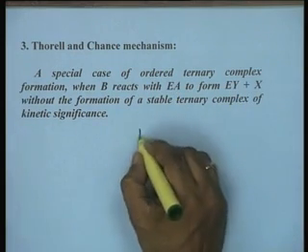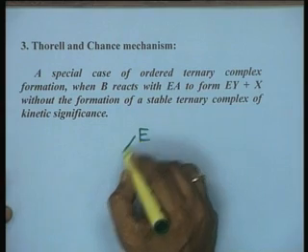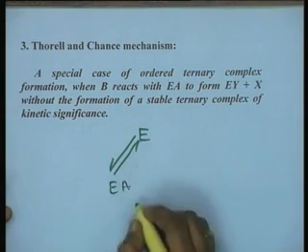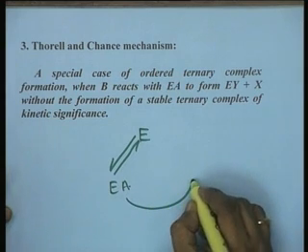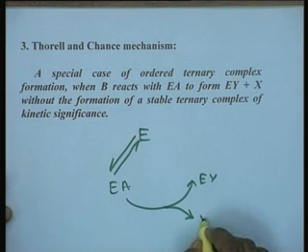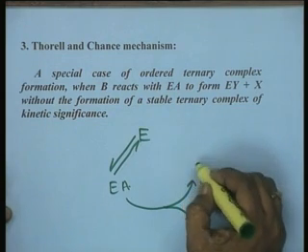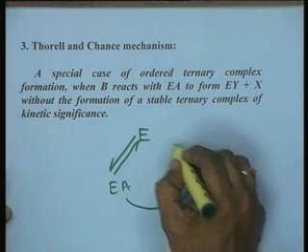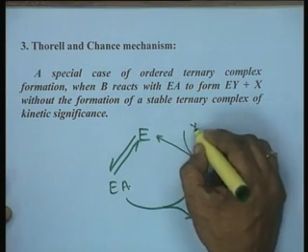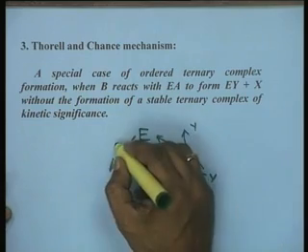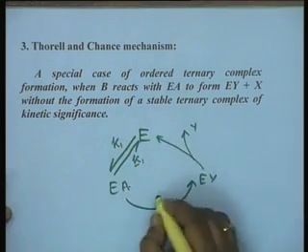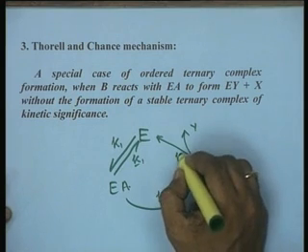In other words, you can have E again going to EA, and then this EA can convert into EY releasing a product X, and then this EY can give you back E releasing another product, Y, and you can have K1, K minus 1, K2, K3,